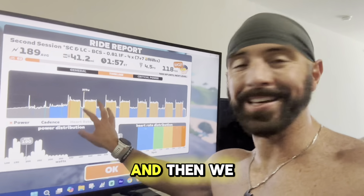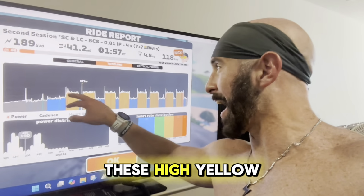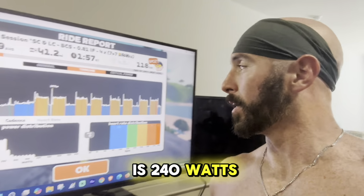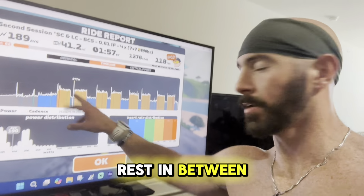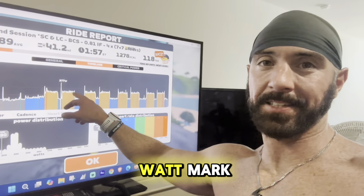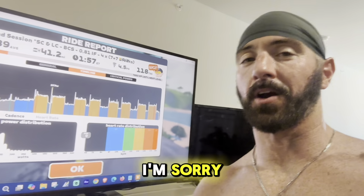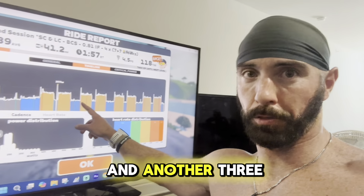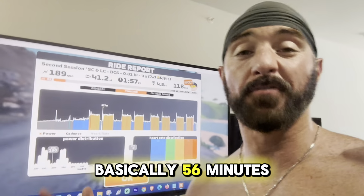30-minute warm-up, and then we got into the meat and potatoes, as you know I like to say, in the workout. These high yellow plateaus here, that is 240 watts. So it was 7 minutes at 240 with a 2-minute and 30-second rest in between, rest at 145 watts, back up to that 245 watt mark, and then a 3-minute rest in between. And then it was a 3-minute rest, 2 minutes and 30 seconds between these two, and then you had a 3-minute and another 3 minutes. So a total of 6 minutes between the big sets. You wound up doing basically 56 minutes at